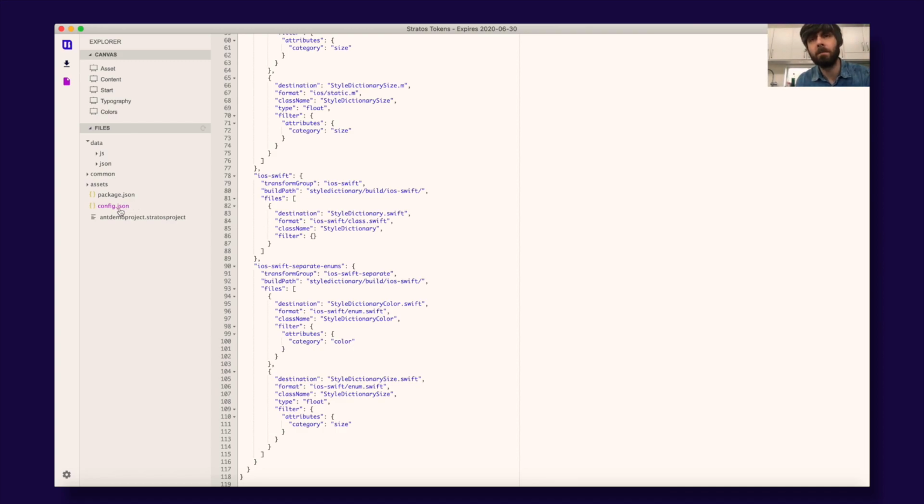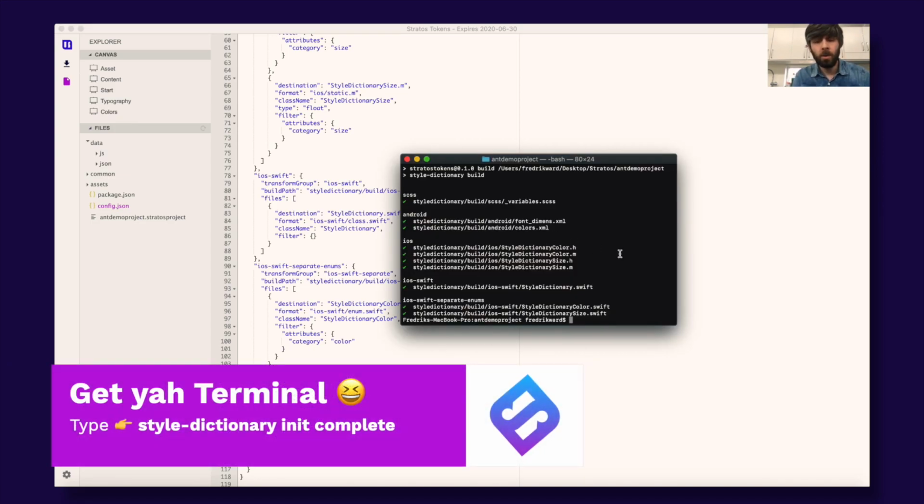We need to enhance this one, and what you can do is that they provide 3 different boilerplate projects from Style Dictionary, and that is basic, that is complete, and that is advanced. What we're going to do now is expand the basic configuration into the complete one. And what you do is actually quite simple and quite straightforward. What you do is you do this, style dictionary init